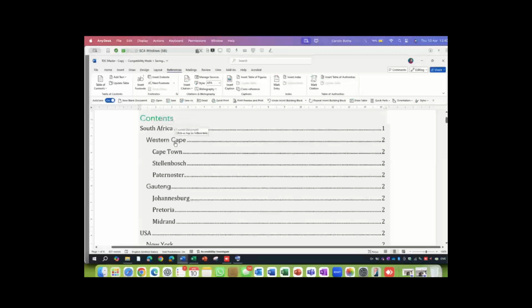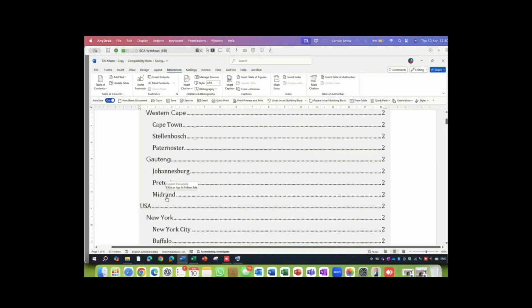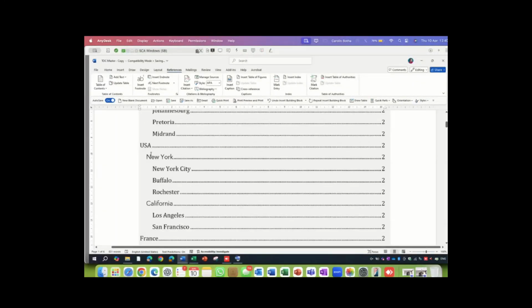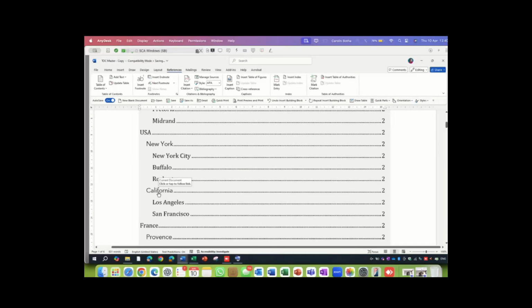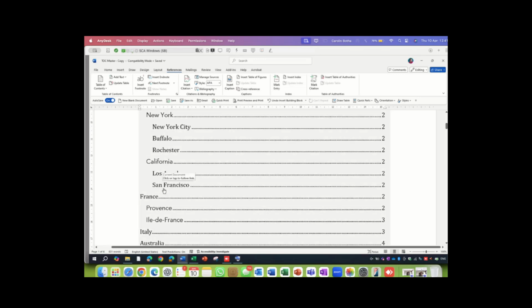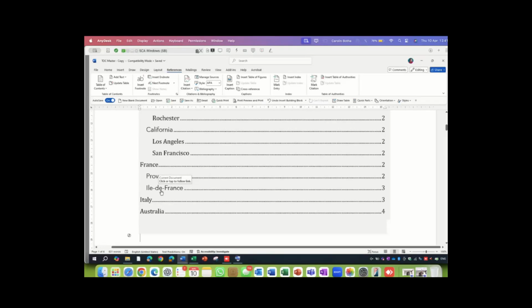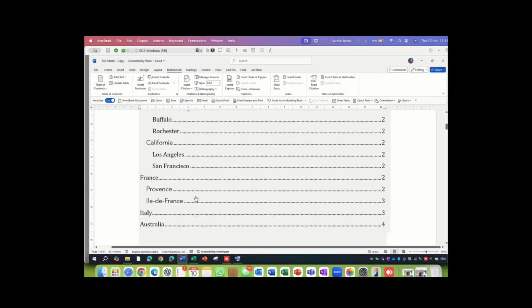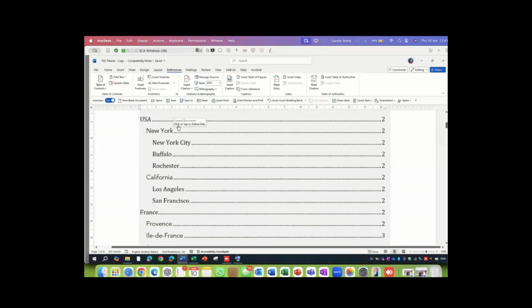So we have South Africa as this country. We have Western Cape and Gauteng as the regions, and we have the 3 cities on each one. USA is the country. New York and California, as you can see, are a little bit indented, and this font looks not correct, but okay, that we can sort out at a later stage. New York and California are the regions, and New York has 3 cities and California has 2. France still has only the 2 regions, and Italy and Australia are still showing only as the countries. But each and every one of these has a leader,